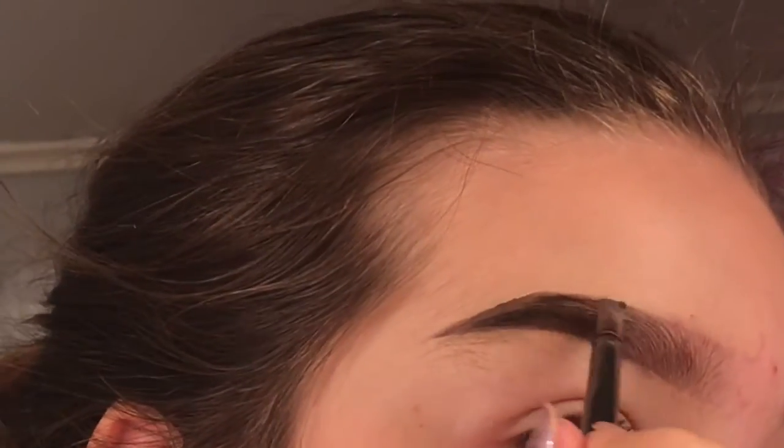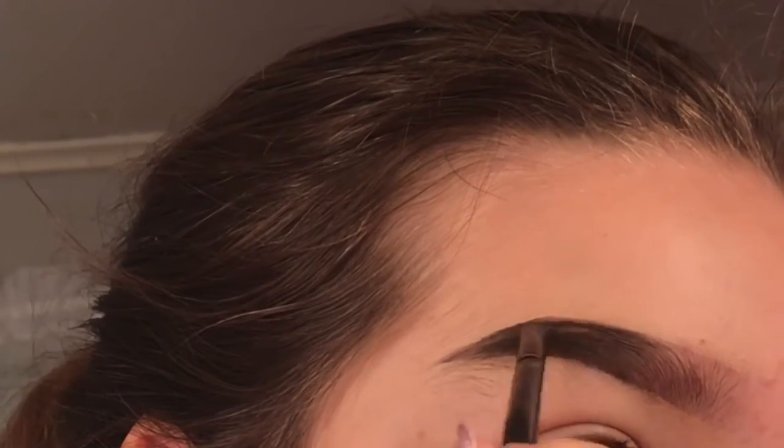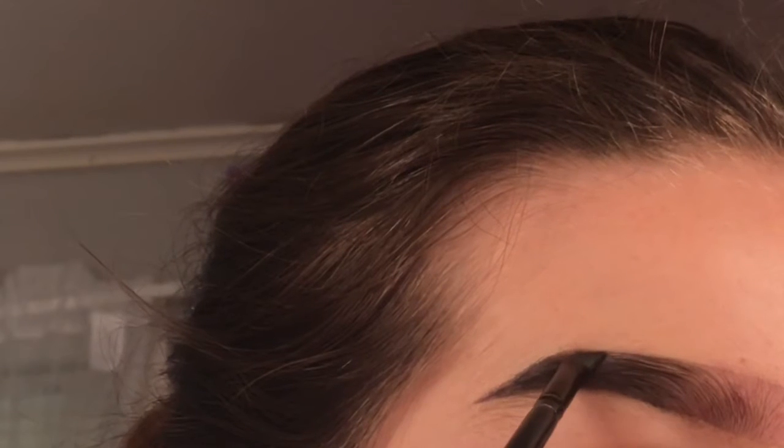Then I go ahead and touch up my brow. This is where I make sure my lines are clean and smooth. I have my tail look perfect as I want it. I make sure that everything is combed out and smooth,